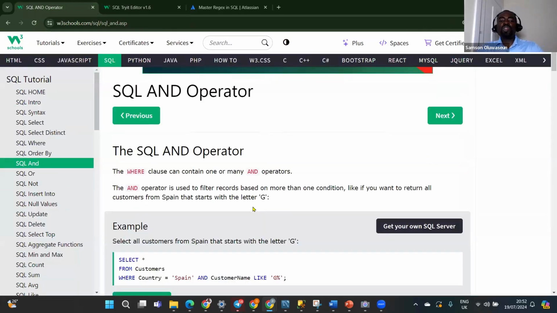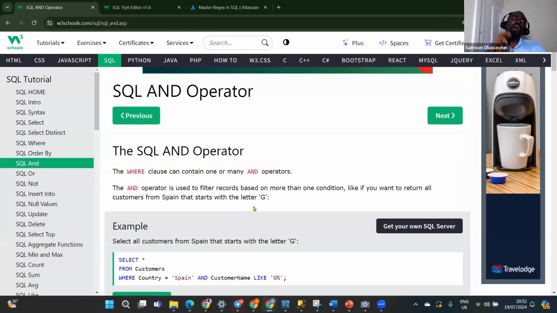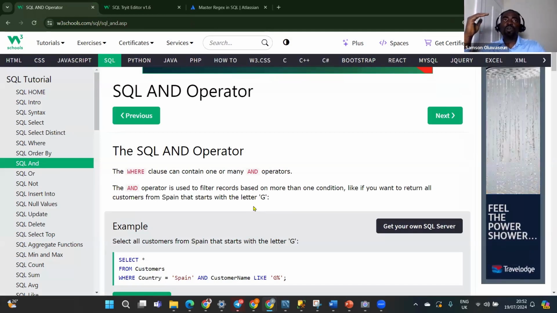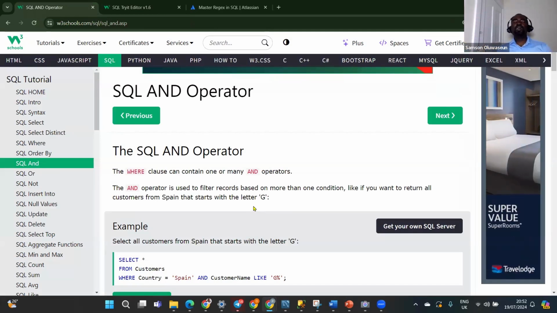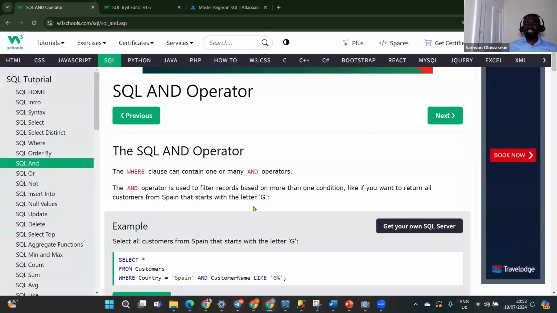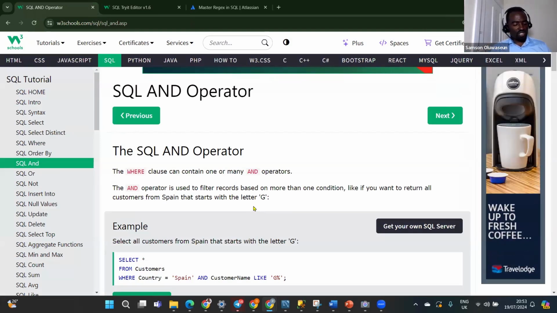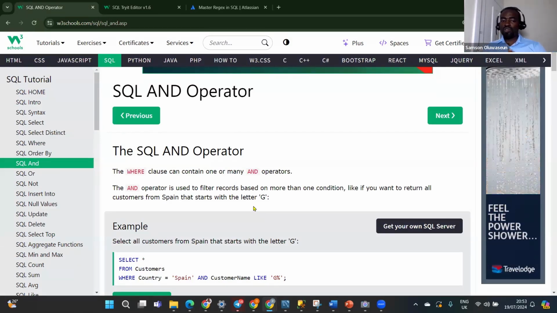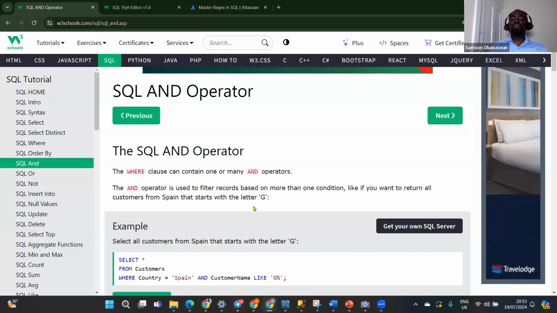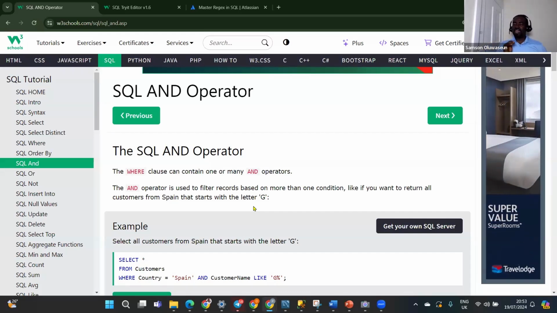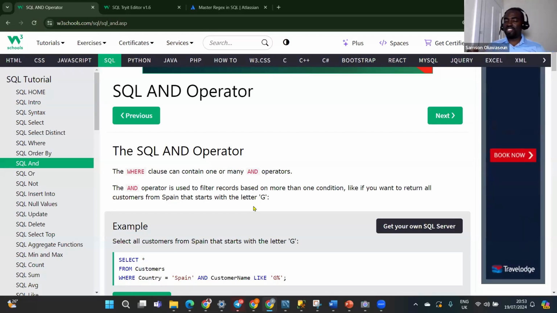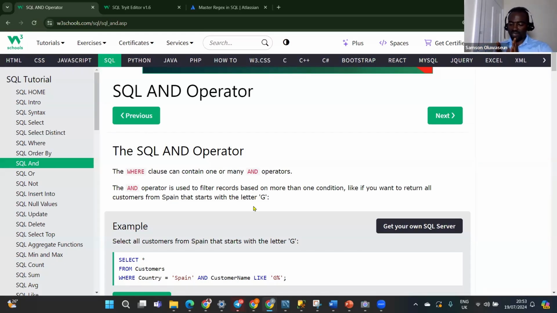Yes, so let's go to the AND operator. The AND operator, just like our logic, is strict: when you use AND, you only get results that satisfy both conditions. So you have condition 1 and condition 2. For this example, they said get all customers from Spain whose name starts with the letter G. Two conditions: you are from Spain and your name starts with G. So if you come here,